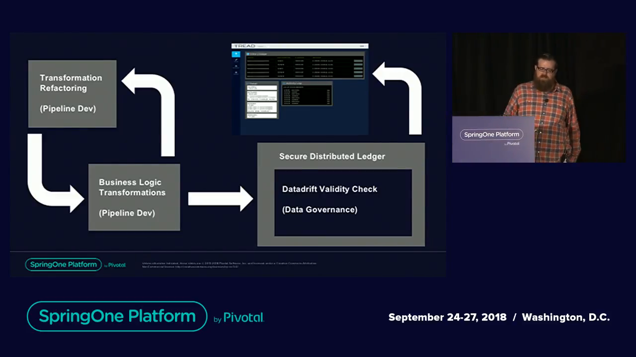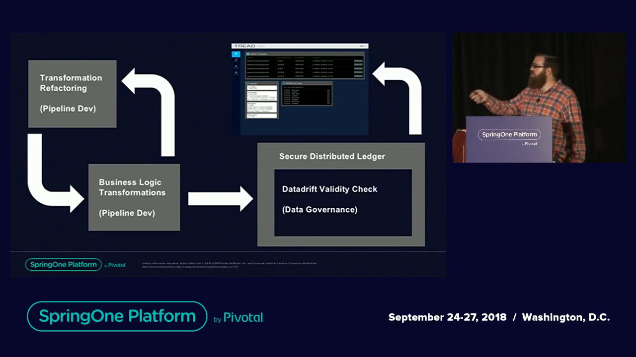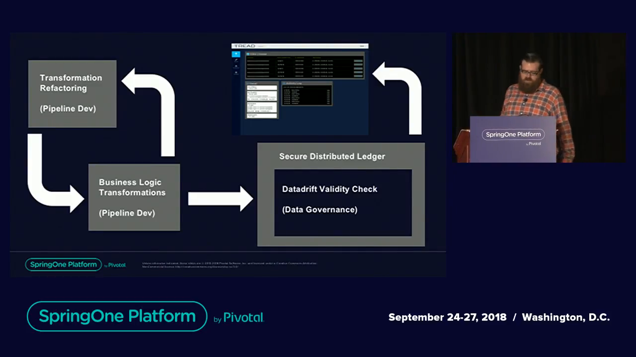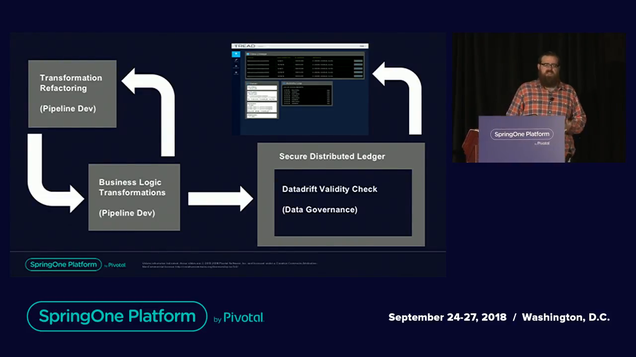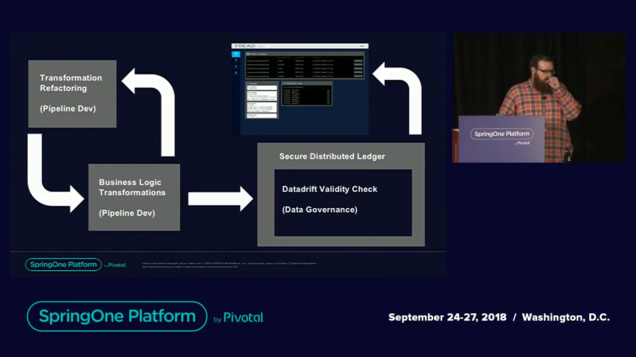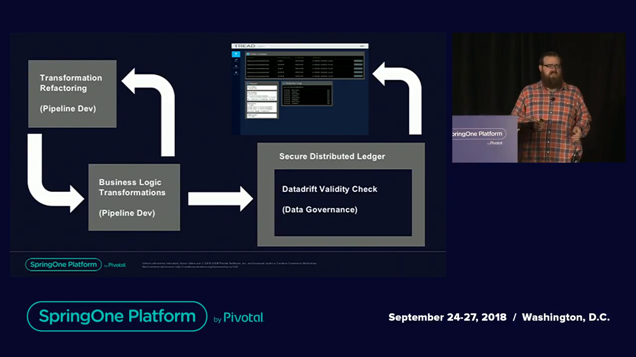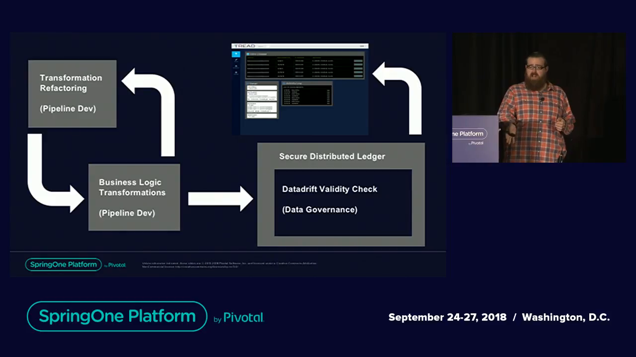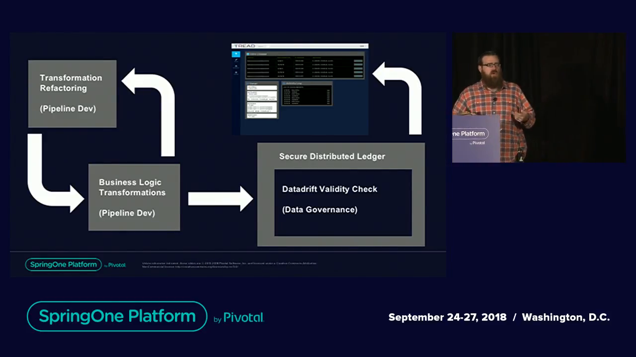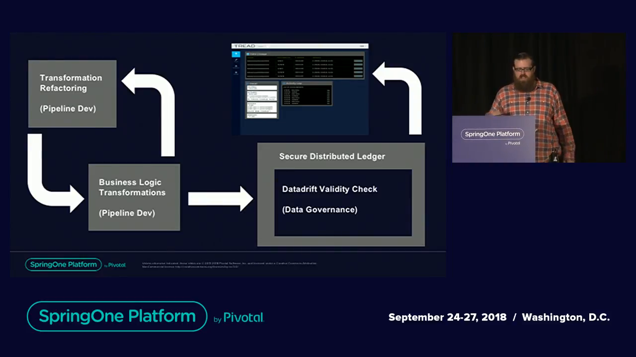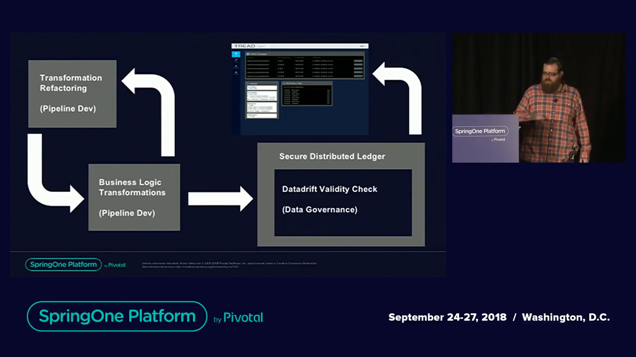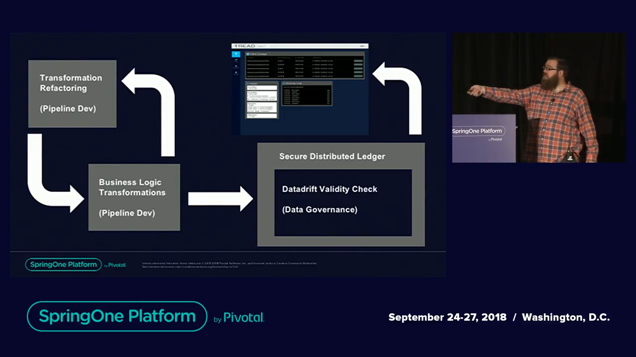A little diagram of this would be this, and I'm sorry the UI here is so small, but I had to fit a bunch of stuff on here. So the pipeline development team creates these business logic transformations in, say, Spring Cloud Dataflow, with a number of different transformations. You have the option to do real-time validation with DataDrift, or you can do a back validation, where the data is then checked at the very end, to provide a lower latency kind of model. You get the UI from DataDrift, and then you can refactor your applications